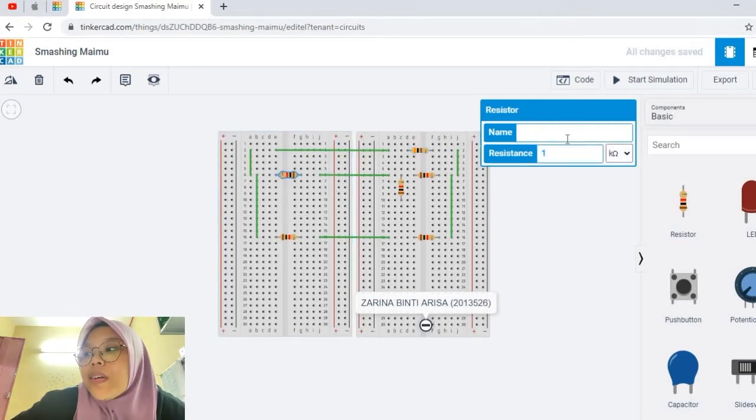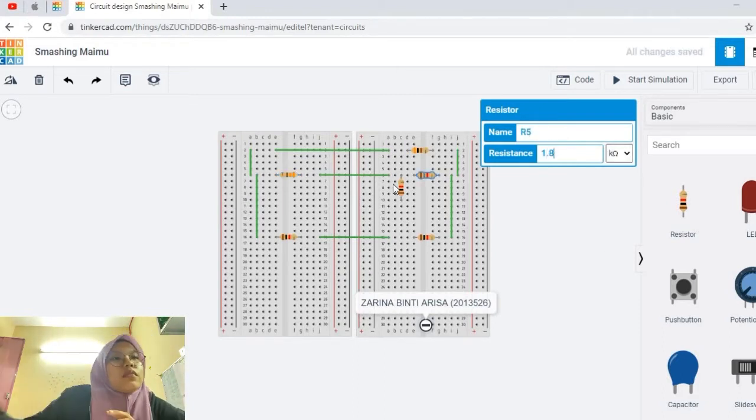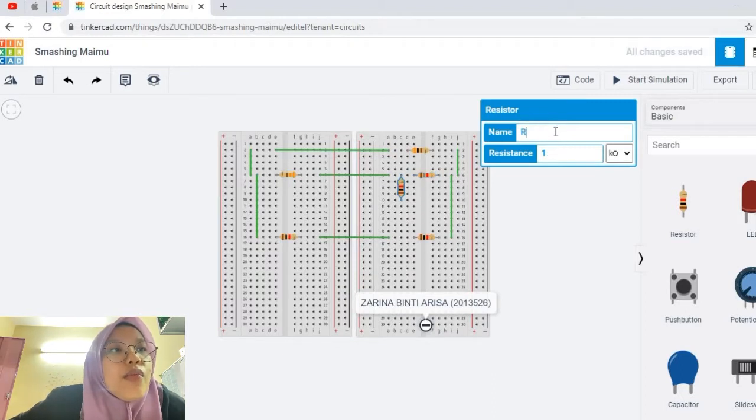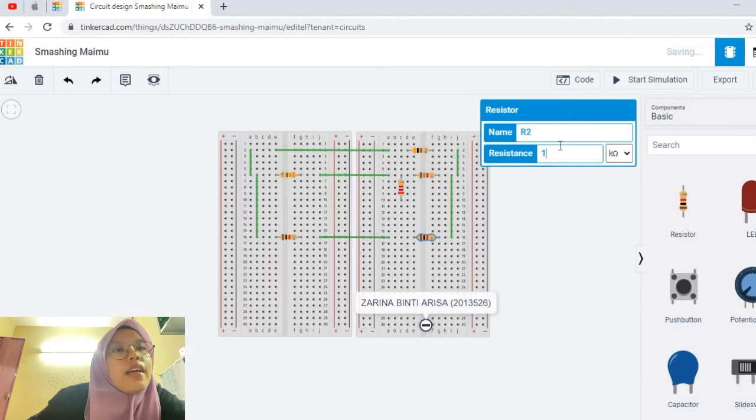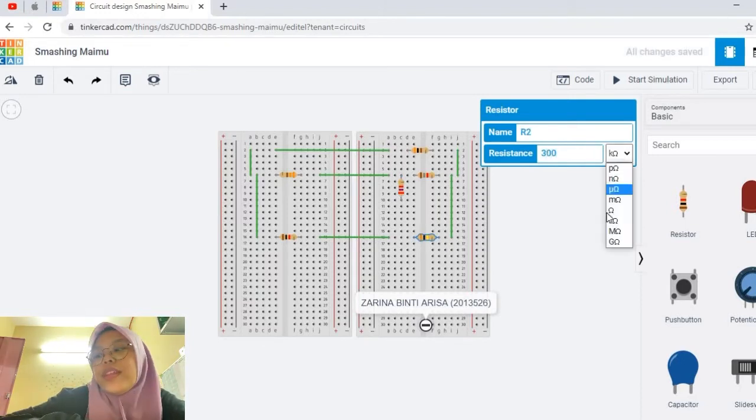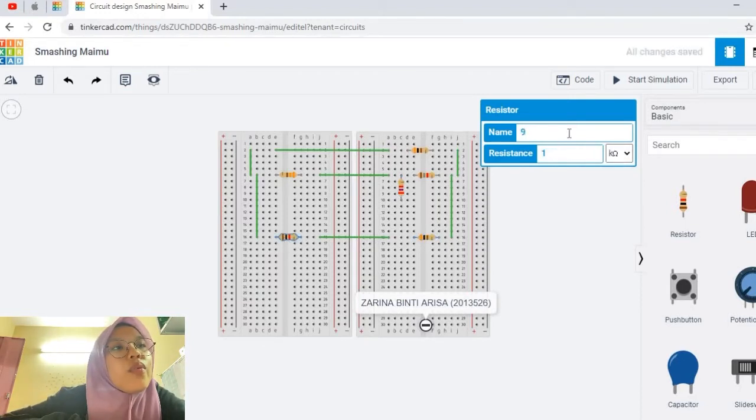So for R3, and then R6, and then R5, then R1, I'm referring to this circuit, R1, R2, and then the last, which is R4, and then we're going to put the power supply